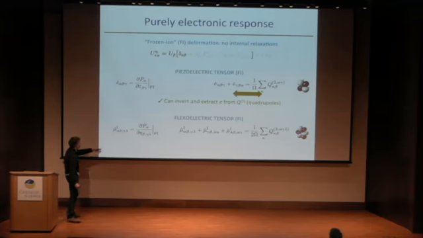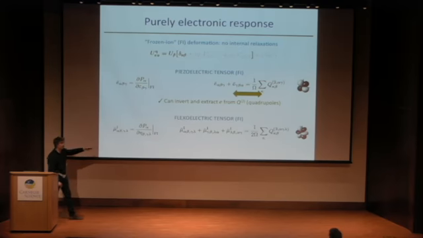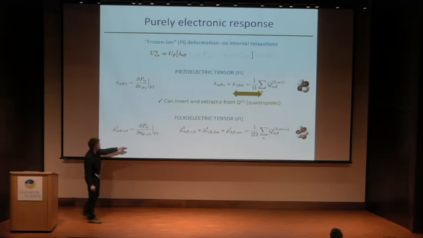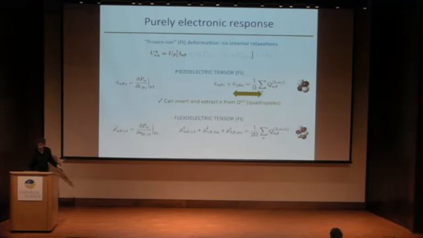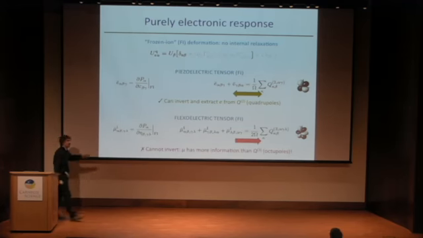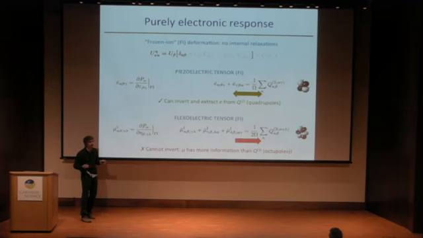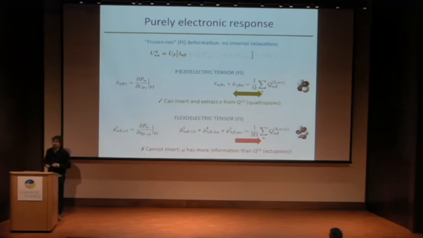And indeed, you do have a relationship that connects the frozen ion flexoelectric tensor to these electronic octupoles. But the situation is not as fortunate as in the piezoelectric case. You cannot invert this equation because mu has more information than the octupoles. And so we have some components of the flexoelectric tensor that we cannot directly access simply with the knowledge of the charge density. We need, in principle, to look at the polarization that responds to an atomic displacement, but this is something that we haven't implemented yet.